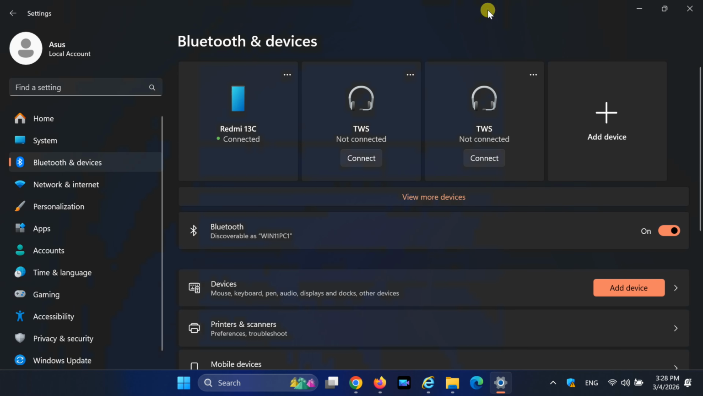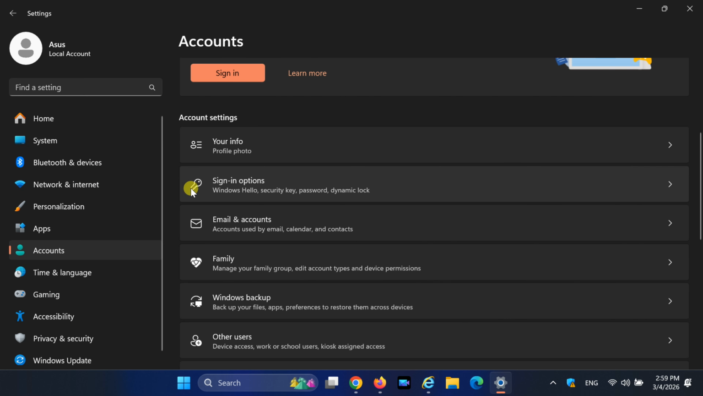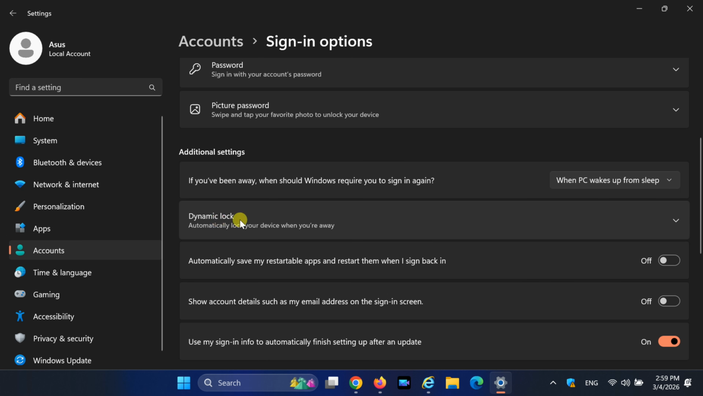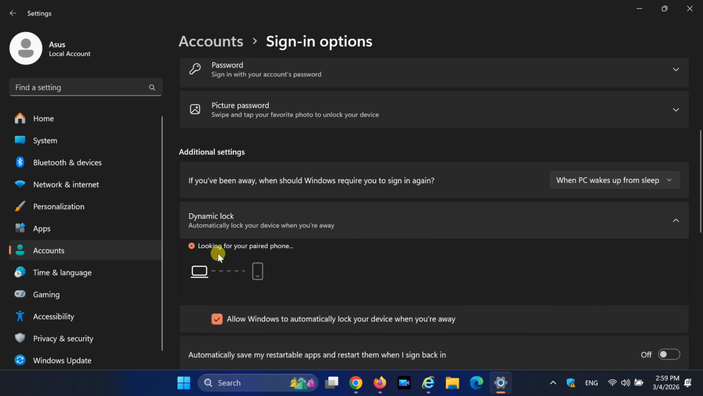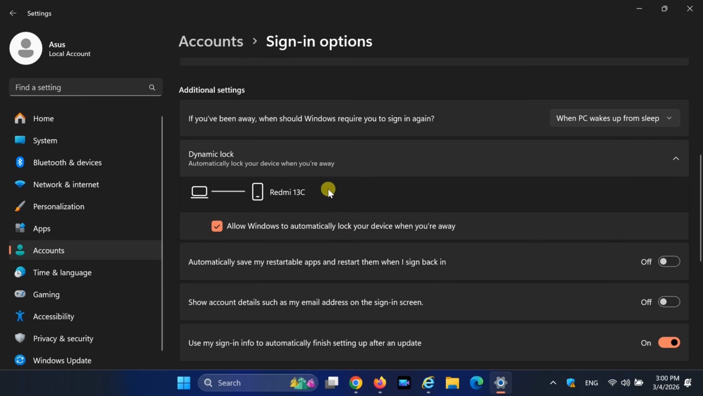Once your phone is successfully connected, go back to Settings, select Accounts, then Sign In Options. Scroll down to Dynamic Lock and check the box that says, Allow Windows to automatically lock your device when you're away. That's it. Now, when you walk away with your phone, Windows 11 will automatically lock your computer after a